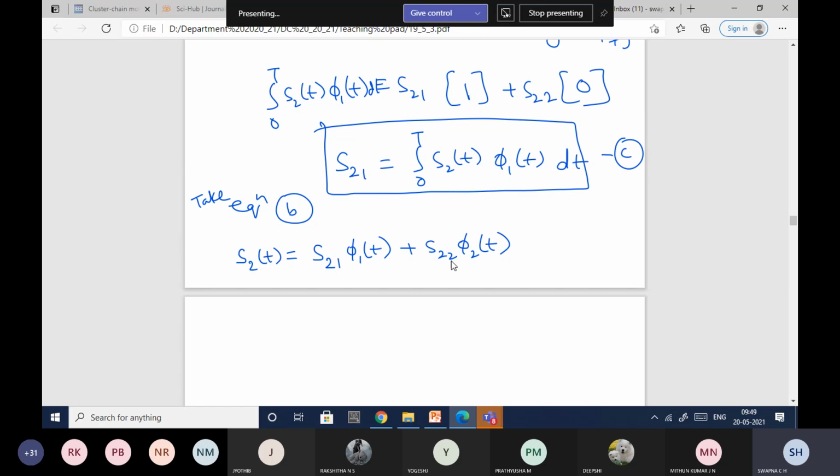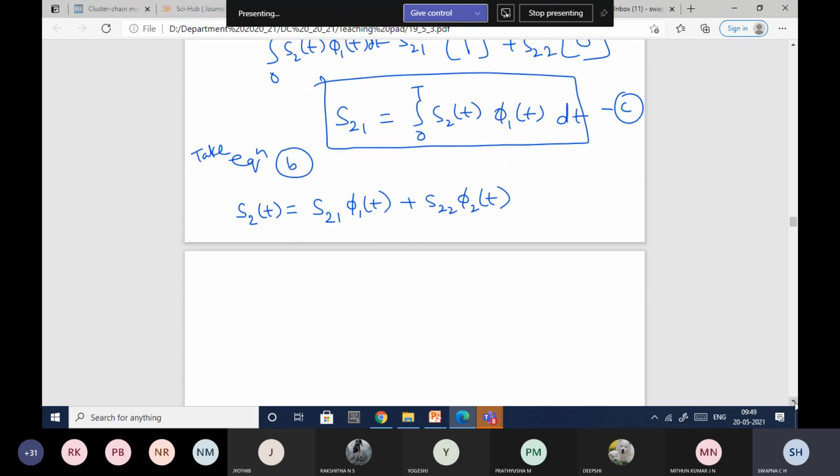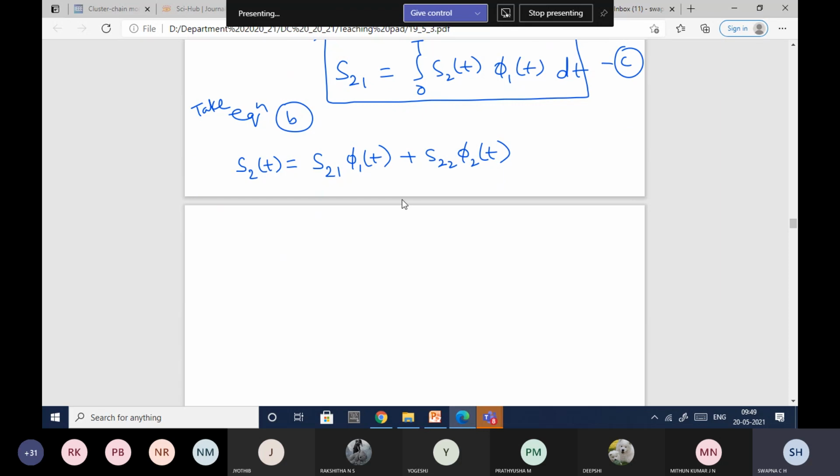Now I'll just rearrange this term. I'll take this term to the other side, so it will become S22 phi2 of t is equal to S2 of t, and this side, if I take it to the other side, it will become minus S21